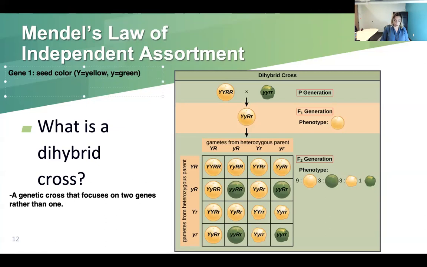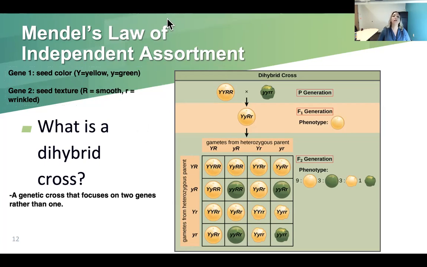Now gene 2 is seed texture. In my picture here, they used the letter R for seed texture. Big R equals smooth, little r equals wrinkled. So how did I know that? Well, if you look at the picture,